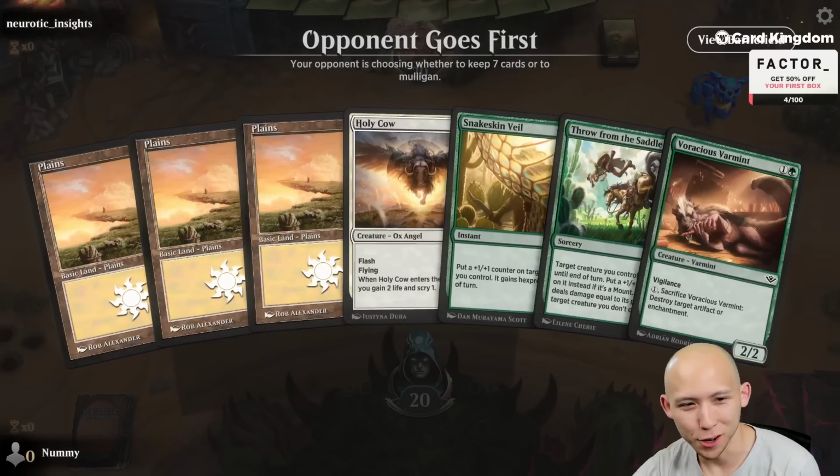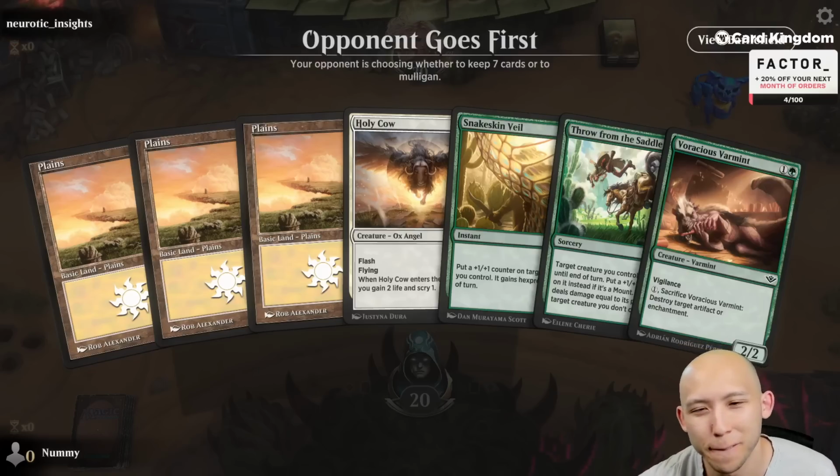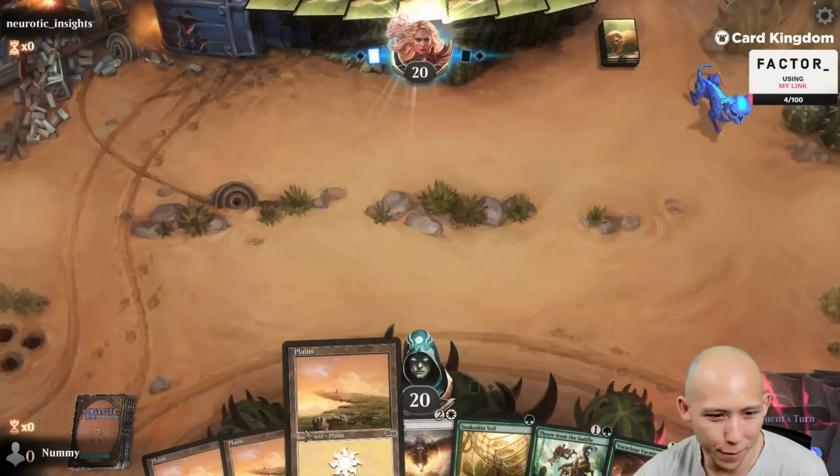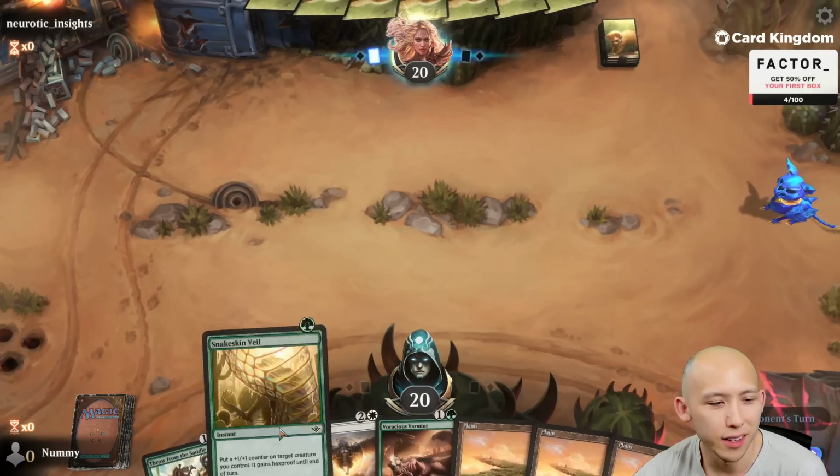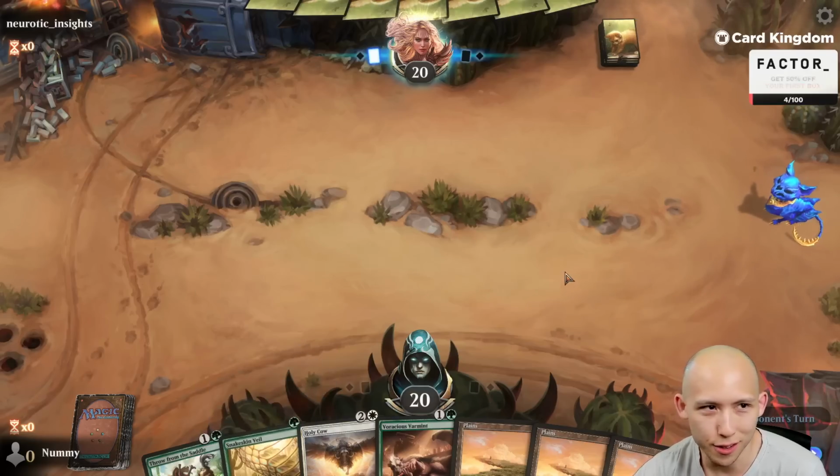I think this is an okay keep, but it isn't good. Right? If we rip a forest off the top, the hand becomes pretty decent. And we have 2 chances at it since we're on the draw here, so...